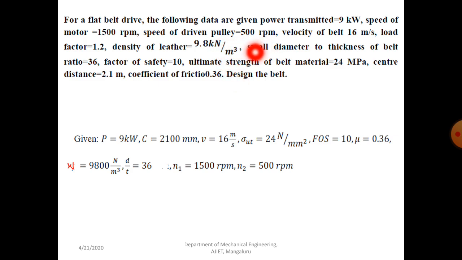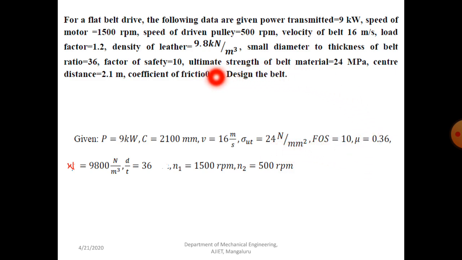So that is the speed of the driven pulley, 500 rpm. So speed is reduced from 1500 rpm to 500 rpm. So that is N1, 1500 rpm, that is the speed of the smaller pulley, and the driven pulley is larger. So that's why N2 will be smaller in rpm. The speed of rotation of the driven is small because of its large diameter.